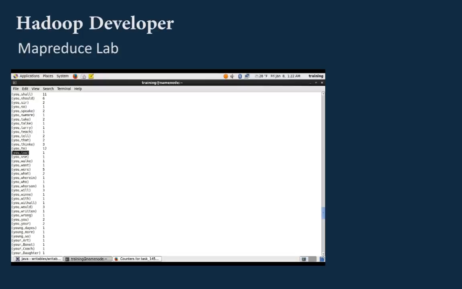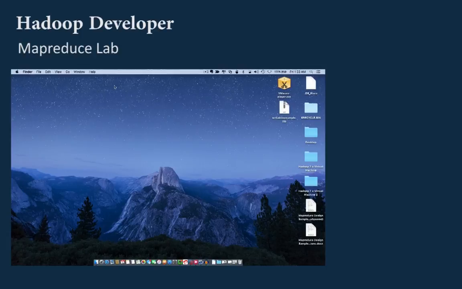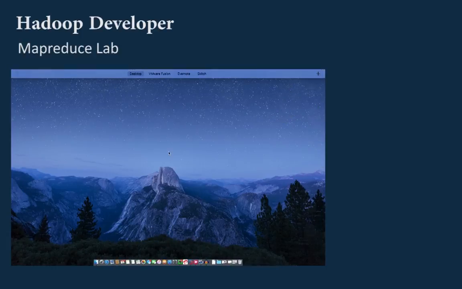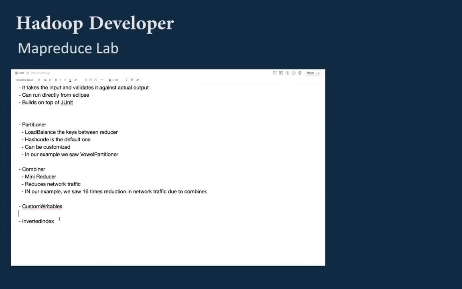This is string pair writable. It is not a default type. This has been created by us. That is how we go about creating our own custom writable. So we created a string pair writable in our example,